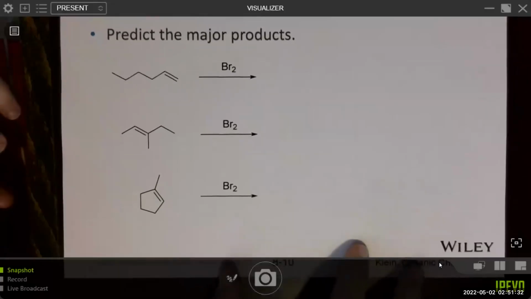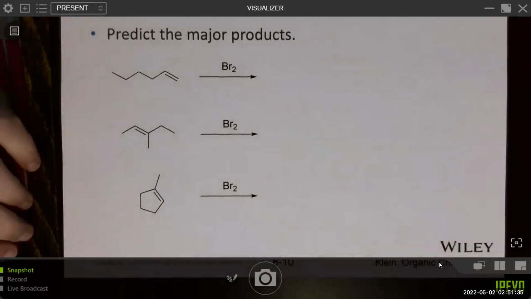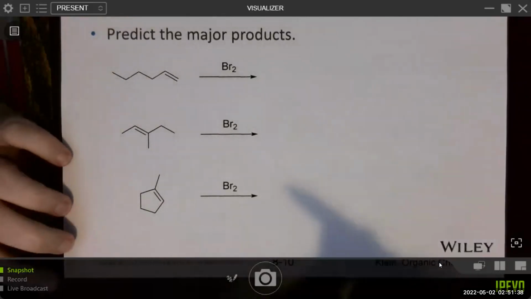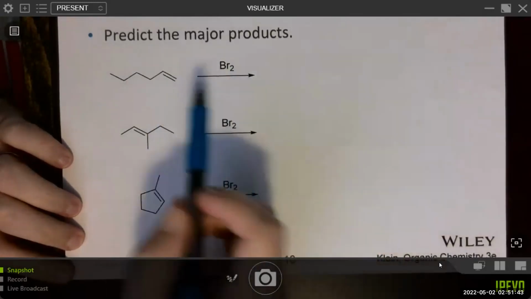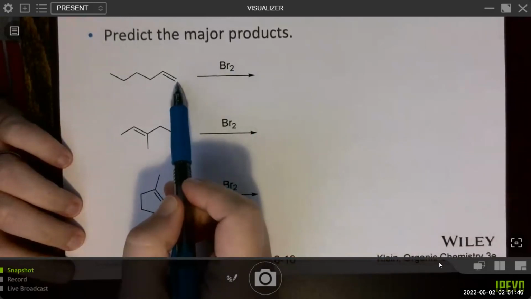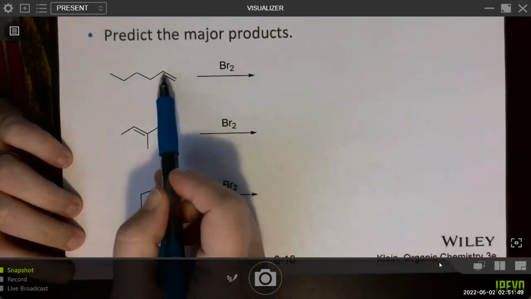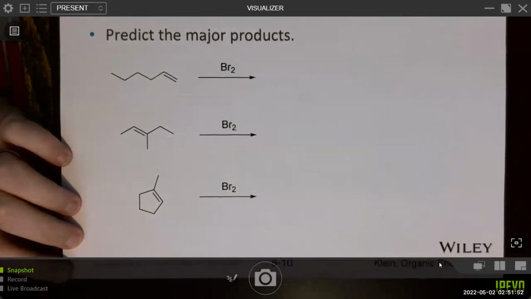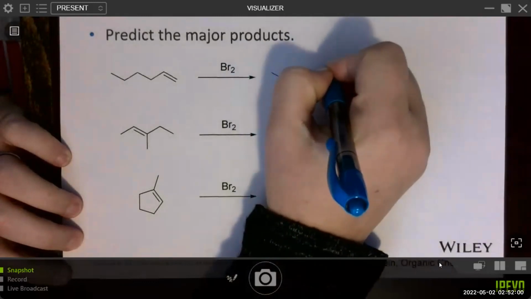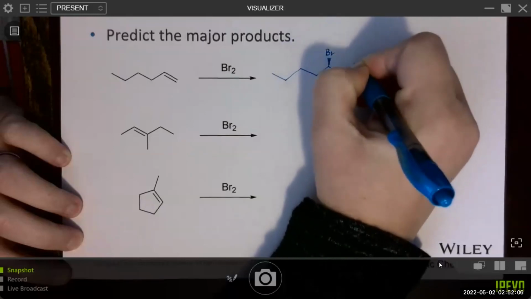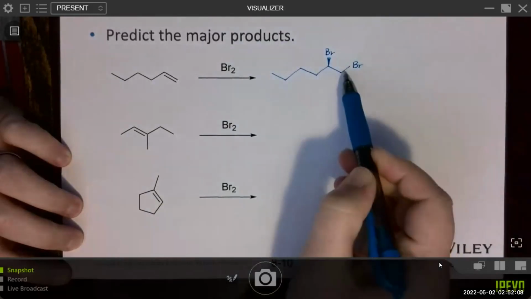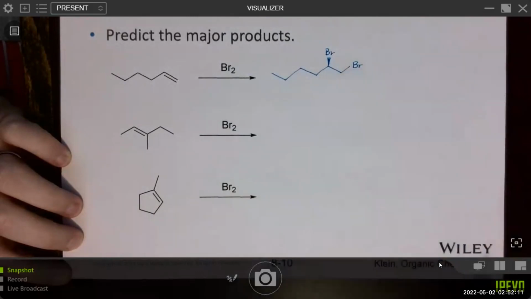All right, so I am going to assume you've worked on this, and we will go over it. We are adding bromine across the double bond. Both carbons will get a bromine. This one will not end up being a stereocenter because of the two hydrogens attached here, but this one will. So we'll end up with a product with only one stereocenter, in which case we want to make sure we indicate a racemic mixture. So we can draw one of the two enantiomers. You don't need to indicate that this is on a wedge, again, because this is not a chiral center.